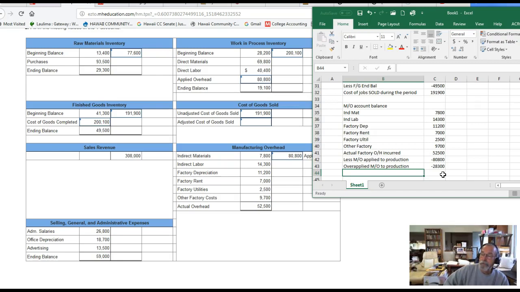All income statement accounts, be they credit balance accounts or debit balance accounts, are closed or adjusted to zero at the end of each accounting period. So the overhead account likewise is adjusted to zero at the end of the accounting period. So since we have a credit of 28.3, our adjustment to close the overhead account would include a debit to overhead of 28.3 and a credit